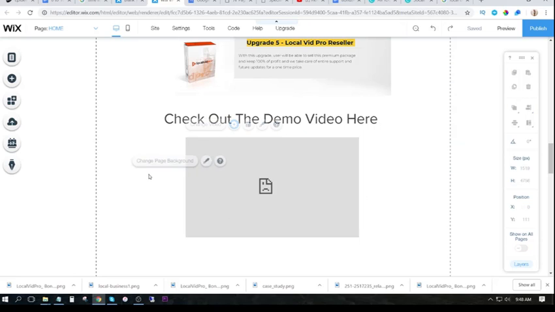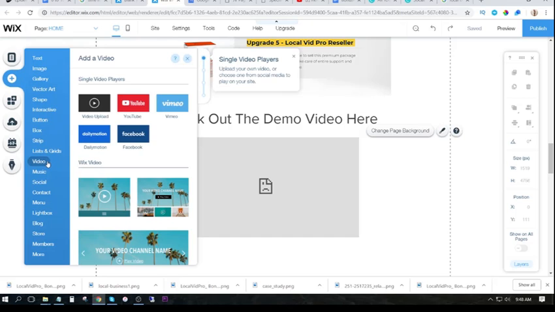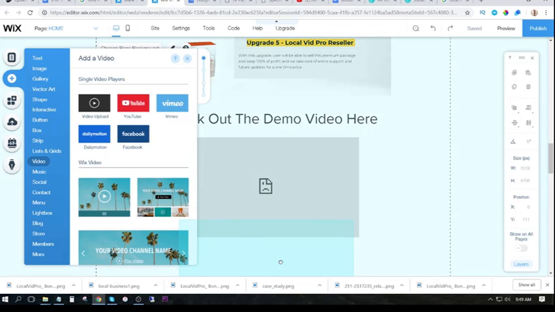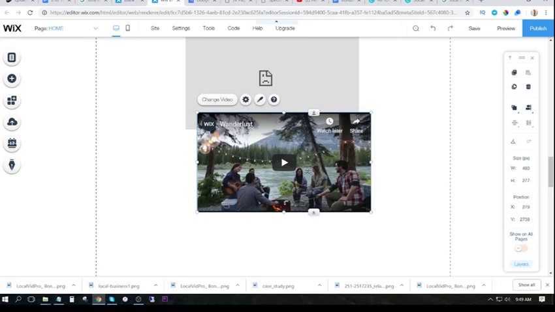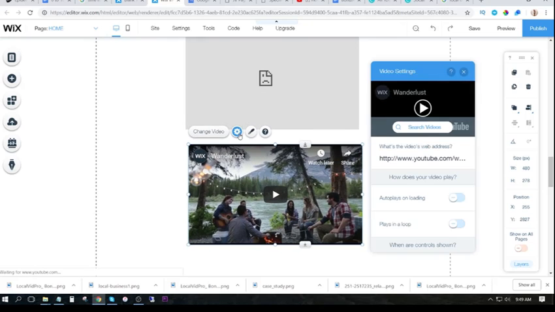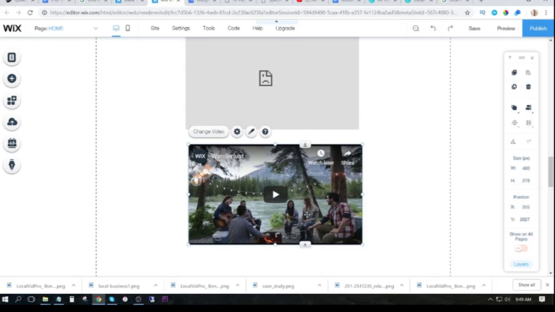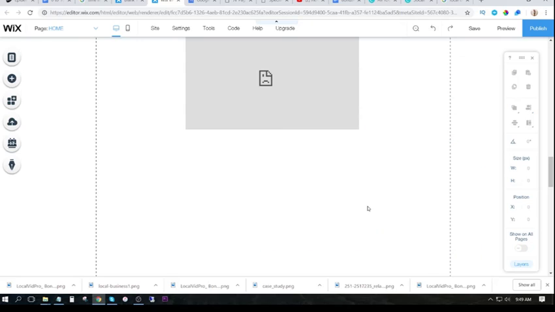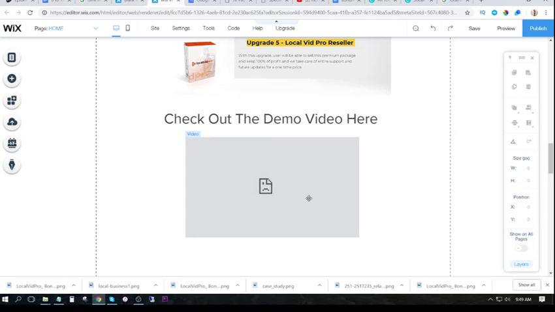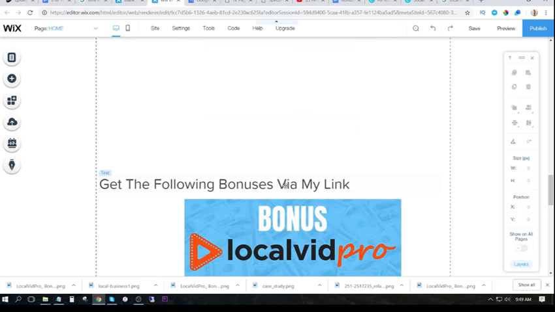Okay, now obviously I can't view the video because I'm in Indonesia, but you probably can. If this is a YouTube video that they make as a demo video, you'd simply need to click on add, go to video, and then drag in the YouTube video down there. Okay, and then you'd click on settings, and then you'd paste in the URL of the YouTube video right there. It's easy. Okay, so I'm just going to delete this one. We've got our demo video there, which we're going to prompt people to go and watch, and then we can start adding in our